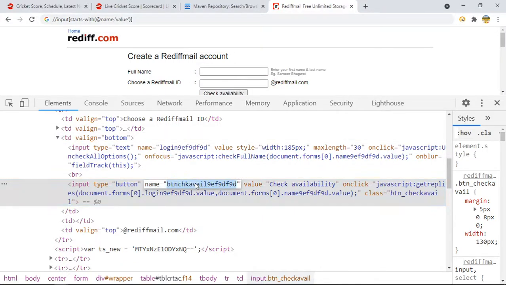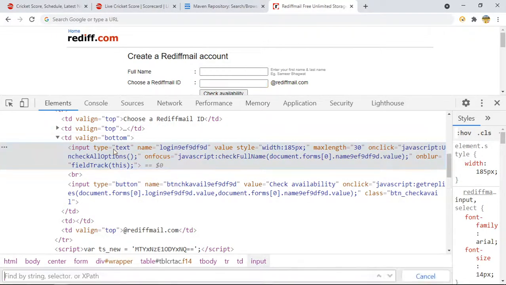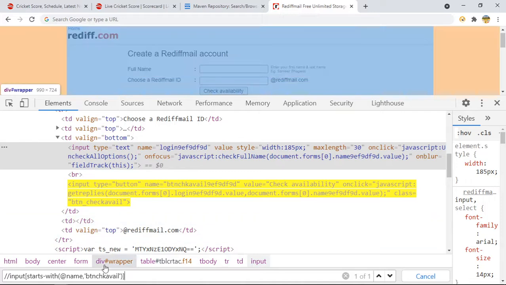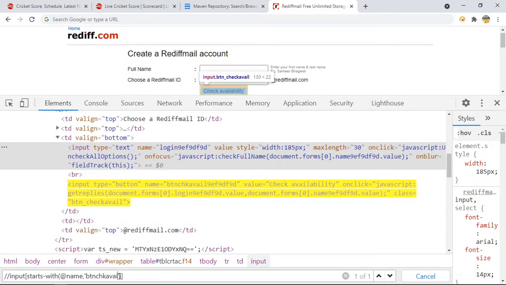Value is this. I will not provide the complete value, because the part after L 9EF 9T G will keep on changing. So I will provide only the half value, and it's your choice. This whole part is constant every time. If I write this value here and copy paste, Control F, Control V, you can see it is able to identify. Even if you remove some of the characters, it will still identify, till the time it finds the matching element, right? So this is how you can use this function.